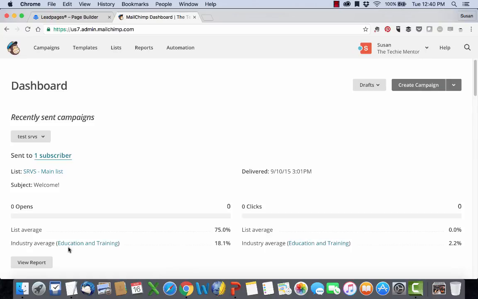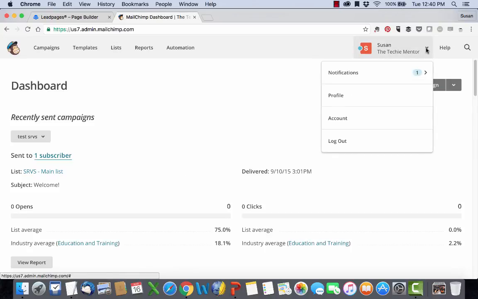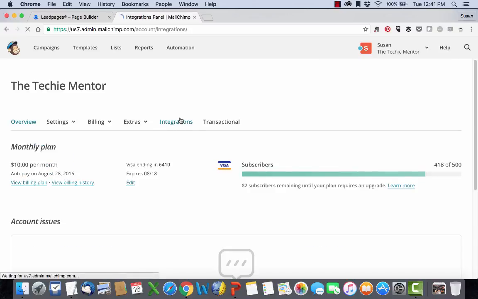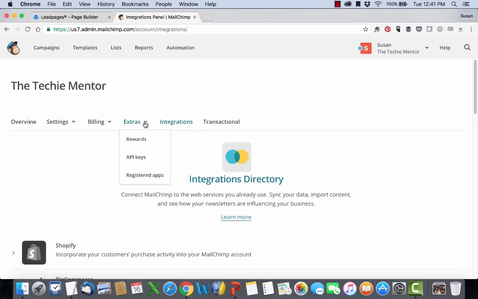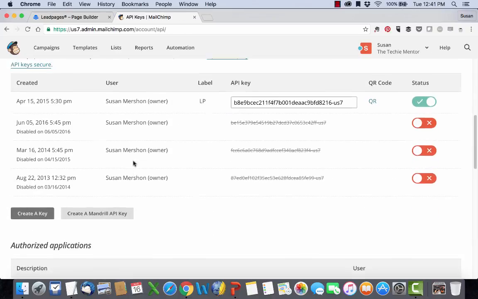Let me log in here and go get my API key. Oh, where's it at? There it is. Okay, so I can copy that one